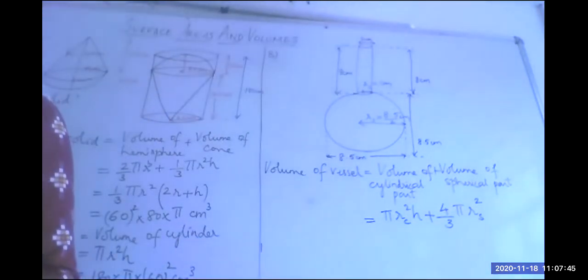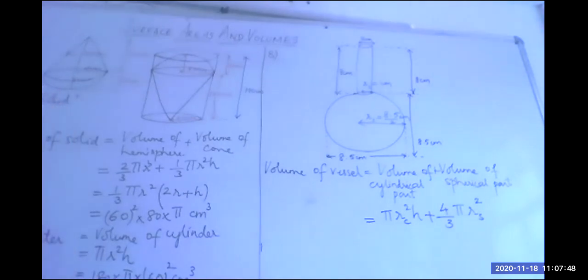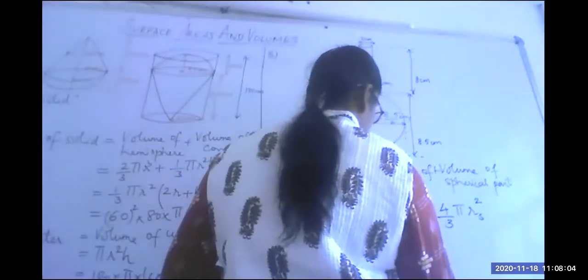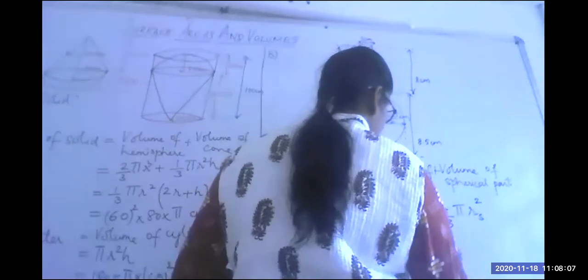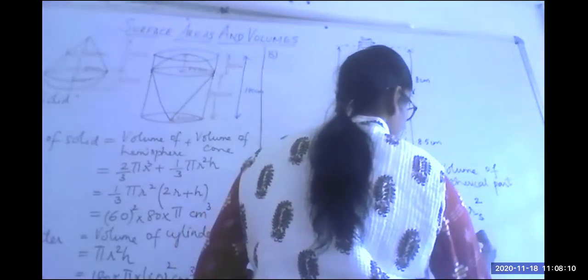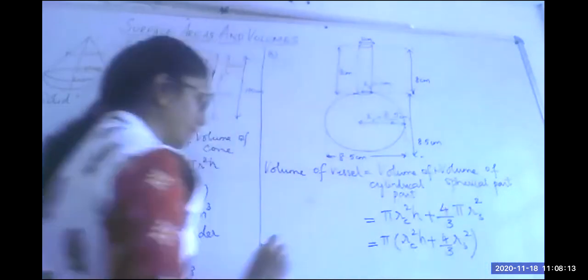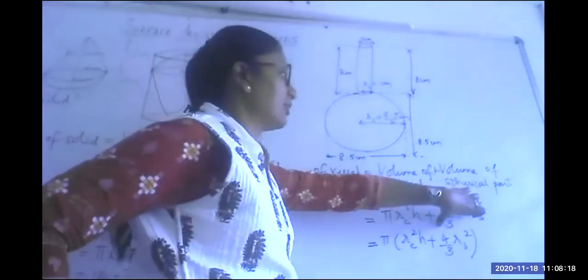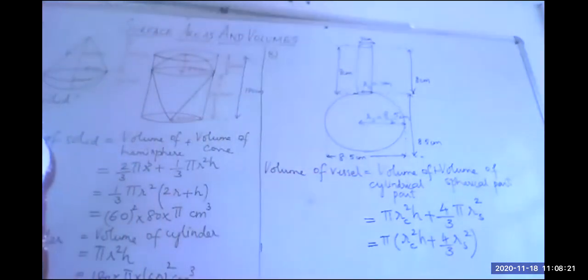Now you need to just substitute the values of your R, H and pi to find out the final value. This I think you should be able to get. Here they have clearly given that pi is 3.14. So maybe that pi you can maintain as a constant term. You can call it pi times RC square H plus 4 by 3 RS cube. This is one way you can see it. Otherwise, calculate the cylindrical part separately, calculate the spherical part separately, and then add them. So I can just give you the final answer. You can calculate yourself and find out.